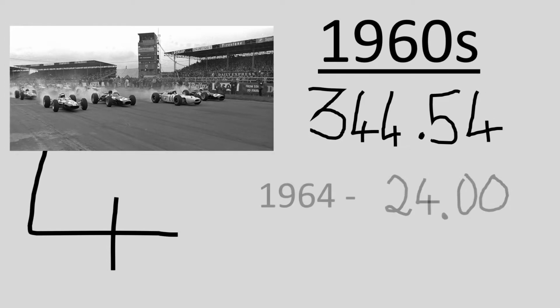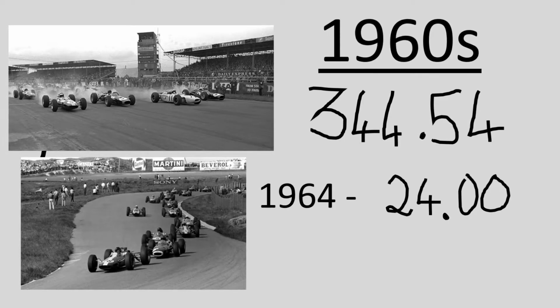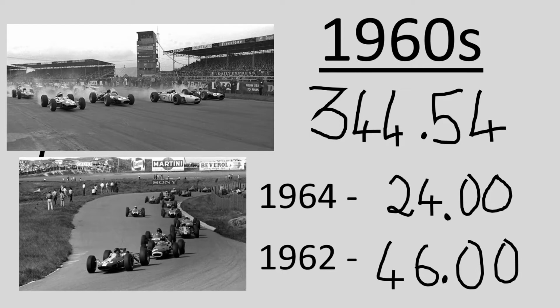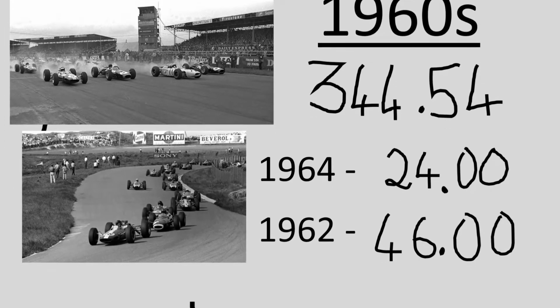344.54, with the best year of 1964 scoring 24.00, which was a 3-way British battle between John Surtees, Graham Hill and Jim Clark. There was then the worse year of 1962, scoring again 46.00, which was a Graham Hill dominated year. And now to the big bucks, 3rd place, the 3rd best decade in Formula 1, the